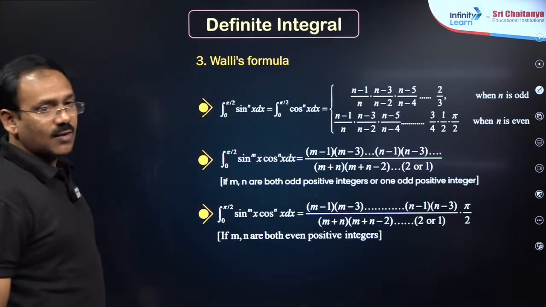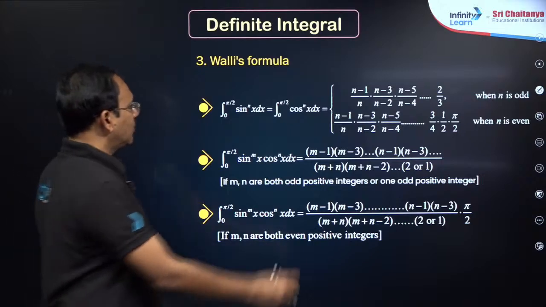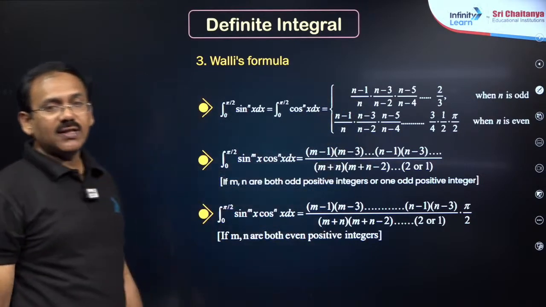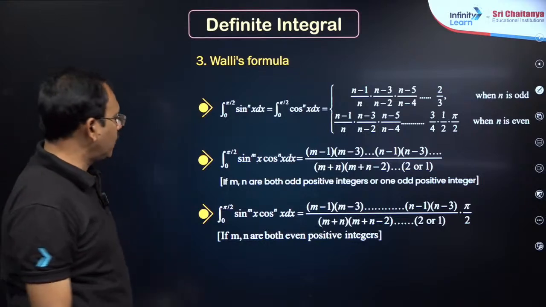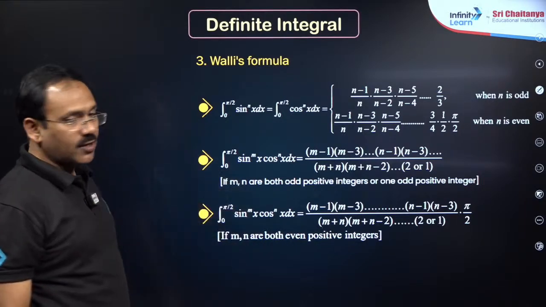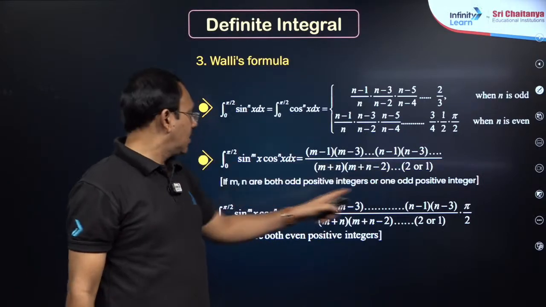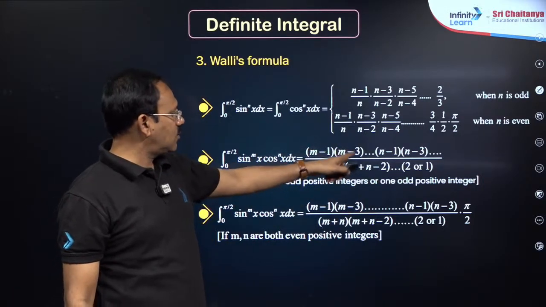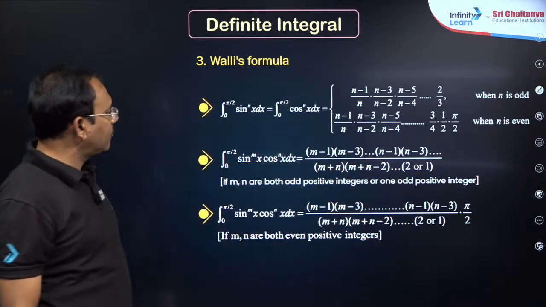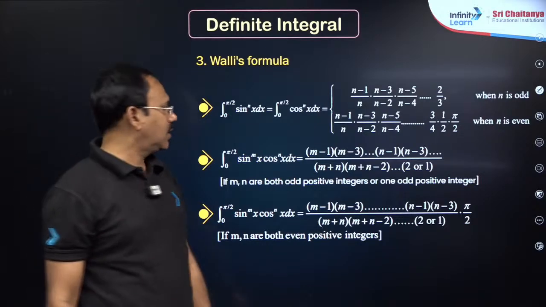And Wallis formula, integral 0 to pi by 2 sin power n x dx means you write like n minus 1, n minus 2, n minus 3. If you get 2 by 3 into 1, if you get 1 by 2 into pi by 2, and Wallis formula here, sin power m x cos power n x, we write m plus n minus 2, m plus n minus 4, like that, and m minus 1 into m minus 3, and so on, n minus 1 into n minus 3, and so on. Finally, if both even, you write into pi by 2, otherwise just 1 only, right.